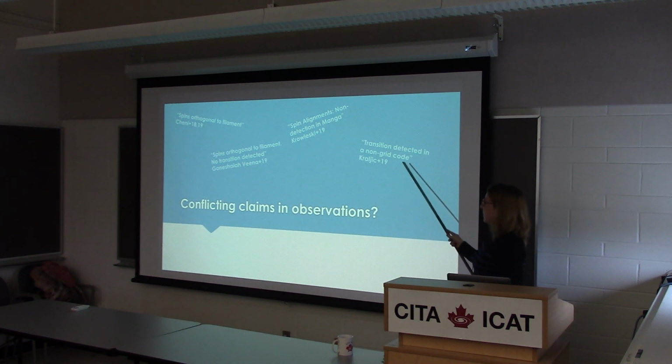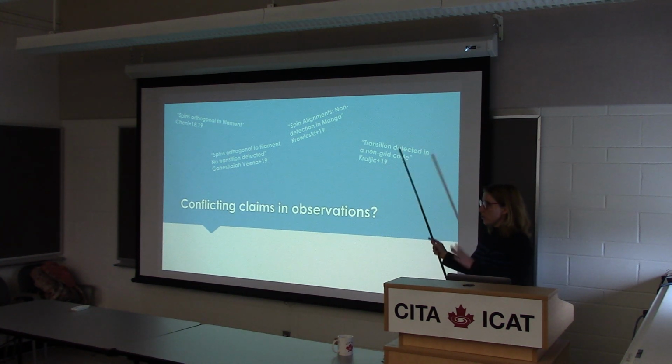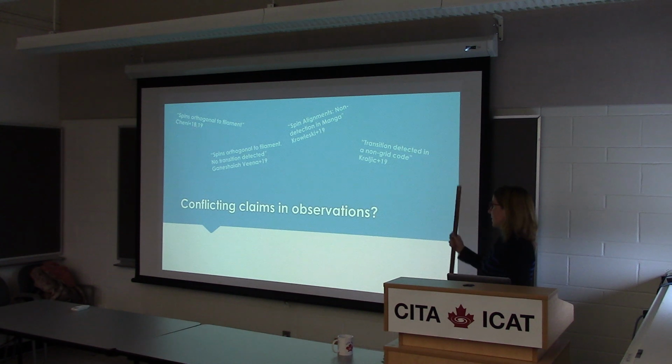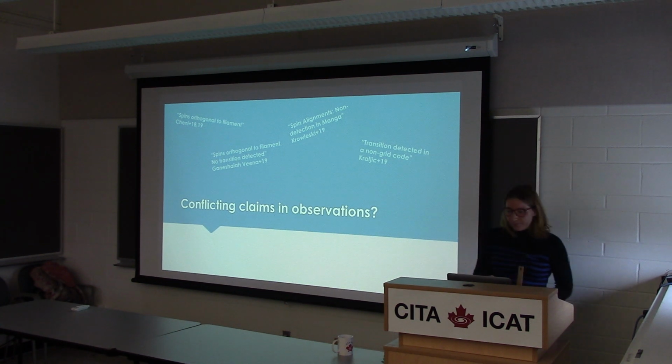Or transition detected even in a non-grid code, or transition detected in the SDSS from shape, as in Temple 2013. So how do we make sense of that? Some of these studies are even made in the same surveys. So that looks a bit problematic, but